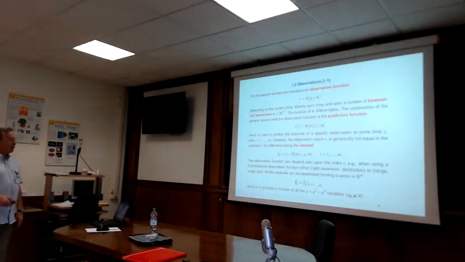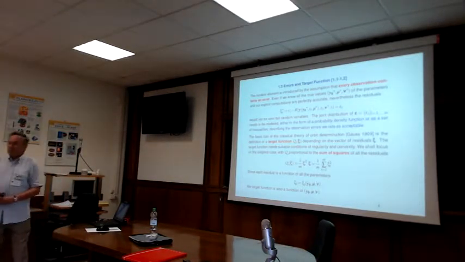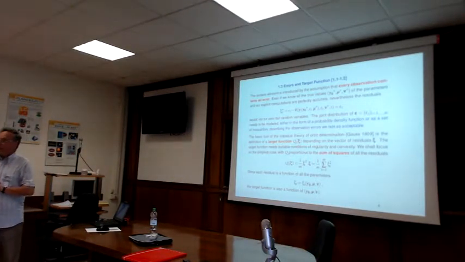Anyway, you can assemble all the residuals into a vector, and this vector has a large number of components because you observe many times. And this residual vector is a function of all the variables: initial condition, dynamical parameter, and even kinematic parameters. Now, I repeat, so far I introduced nothing